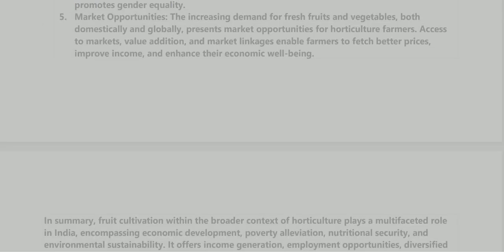5. Market opportunities. The increasing demand for fresh fruits and vegetables, both domestically and globally, presents market opportunities for horticulture farmers. Access to markets, value addition, and market linkages enable farmers to fetch better prices, improve income, and enhance their